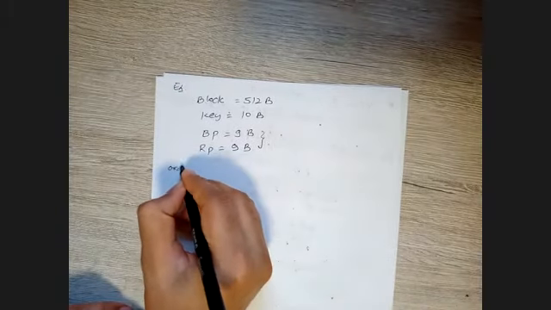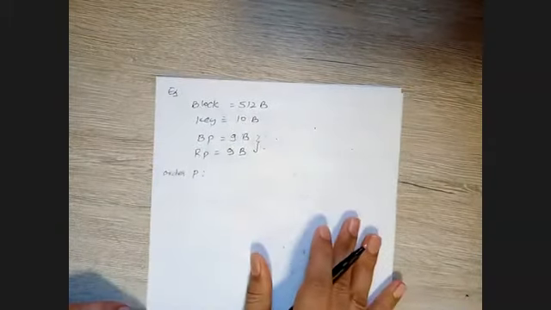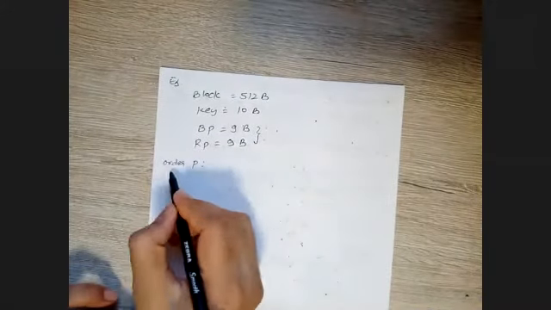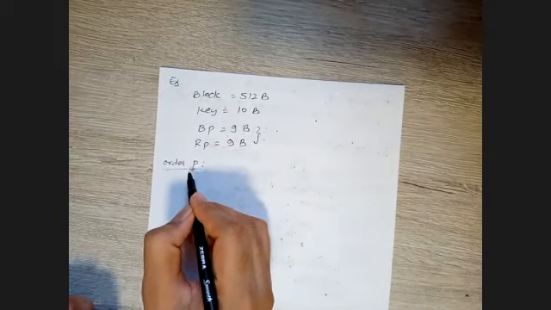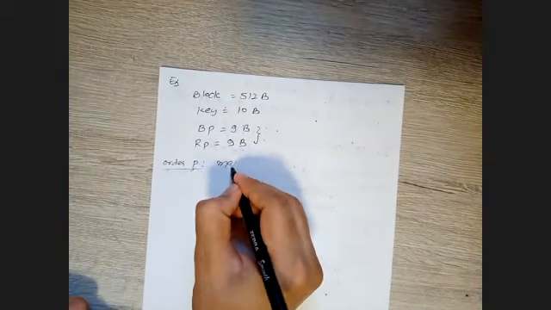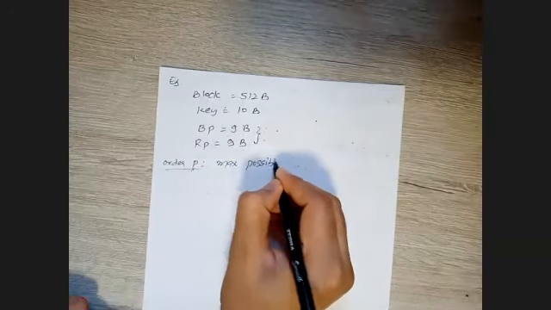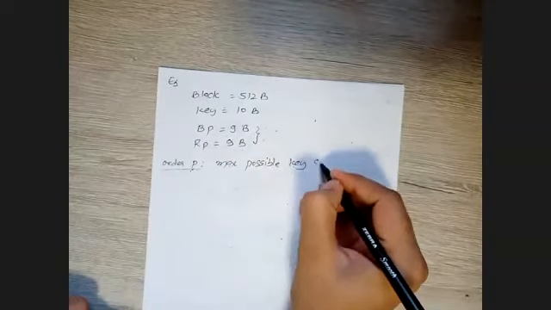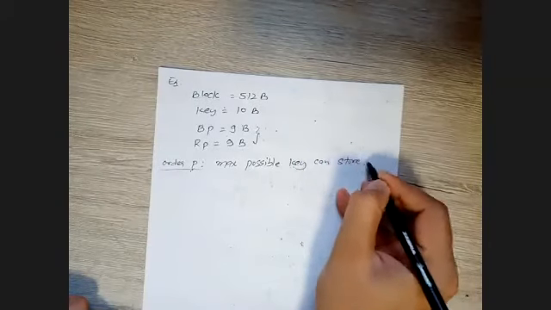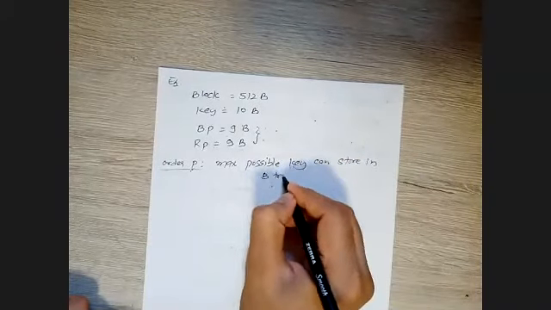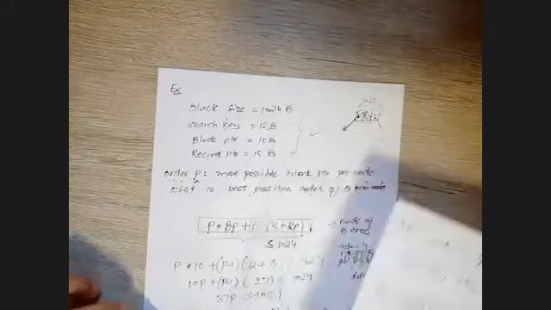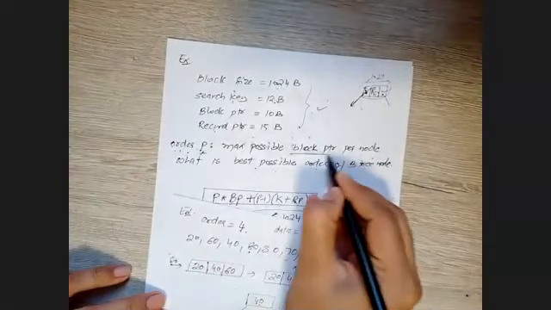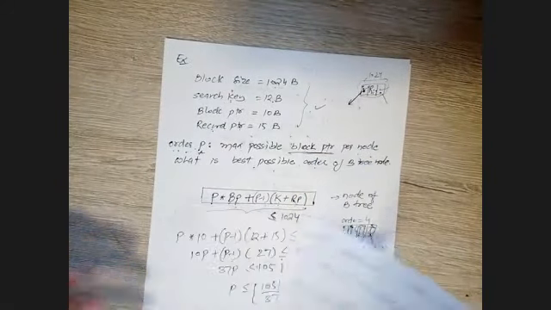Okay, so the question says the order P is the maximum possible keys that can be stored in your B tree node. Remember one thing, I'm again focusing on this: you need to concentrate on what value of P is given. This is the key value. In the previous question, the order was given as the block pointer. There is a difference. Now see how the difference will come.